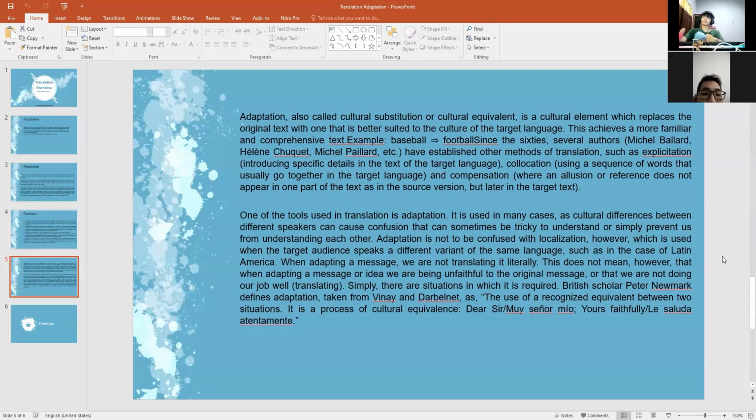One of the tools used in translation is adaptation. It is used in many cases as cultural differences between different speakers can cause confusion that can sometimes be tricky to understand or simply prevent us from understanding each other. Adaptation is not to be confused with localization, however, which is used